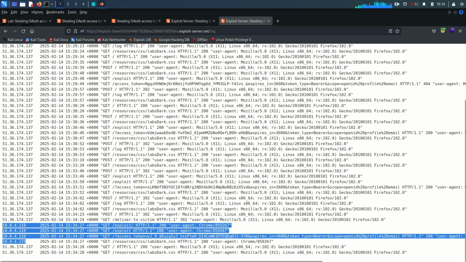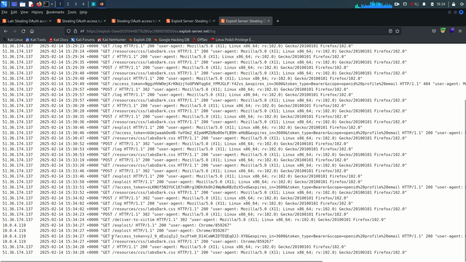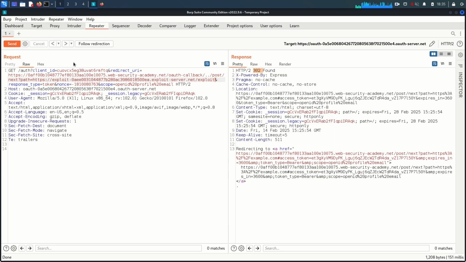That means someone else is trying to access. And in these 4 requests, you can see one request containing the access token, and this access token must belong to the administrator. So I'm just going to copy this access token with Control-C